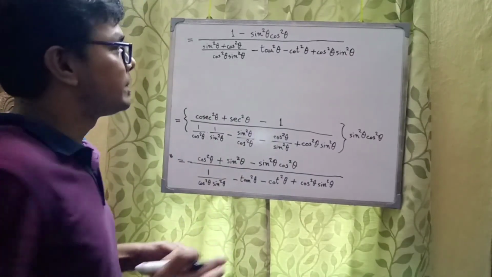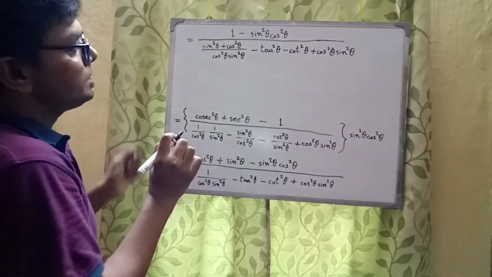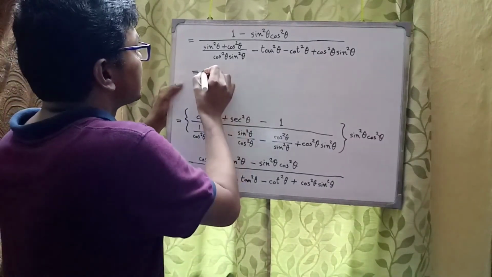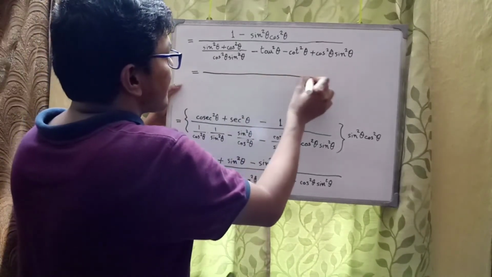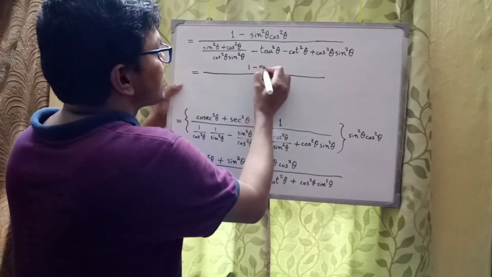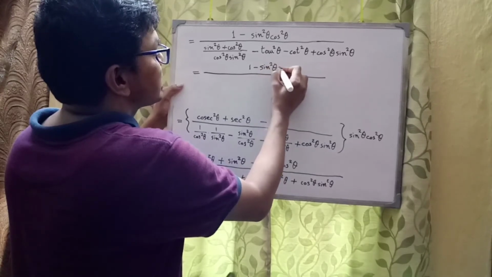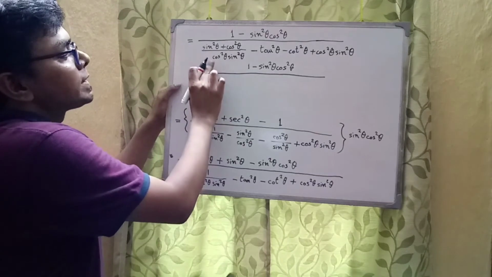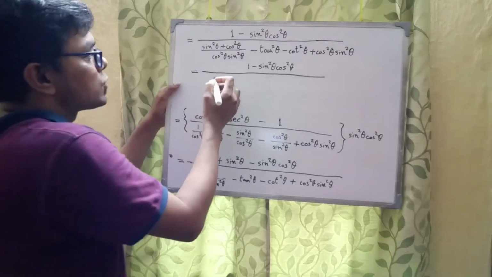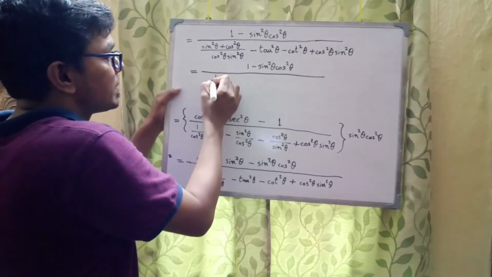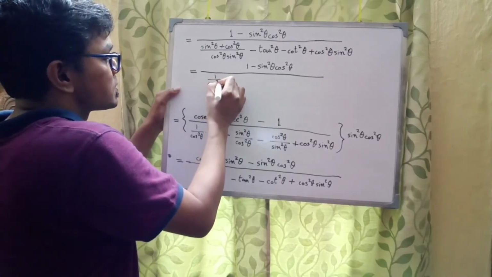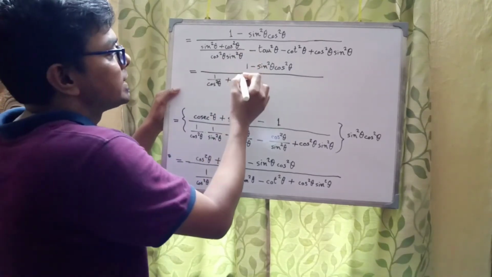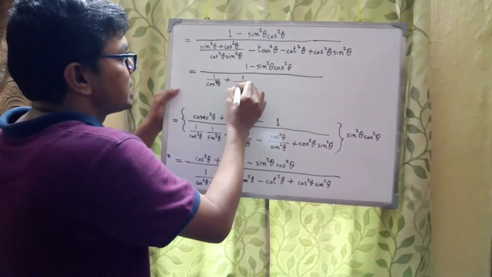Please watch till the end. We have one minus sin square theta cos square theta in the numerator, and here sin square theta by cos square theta sin square theta, that is actually 1 by cos square theta. So let me write it once, plus cos square theta by cos square theta sin square theta, so that is 1 by sin square theta,